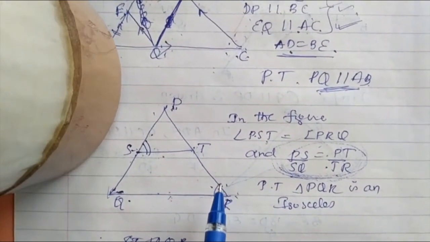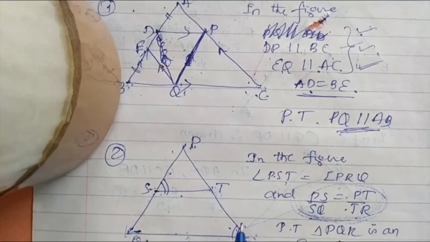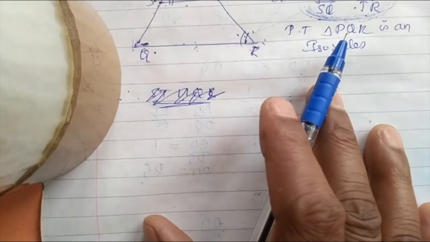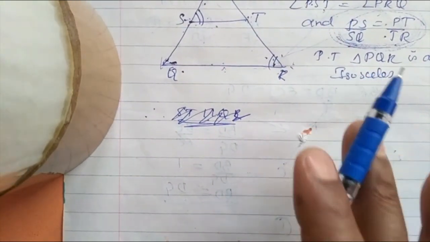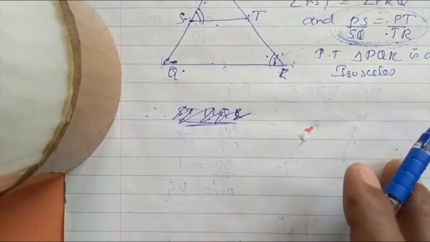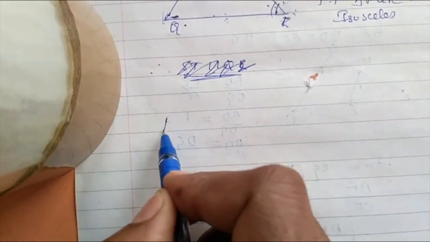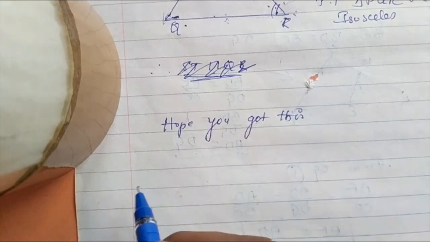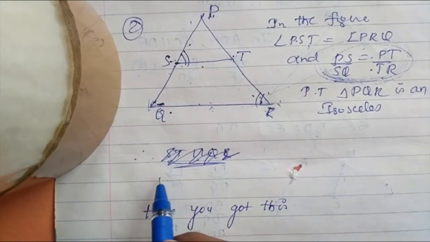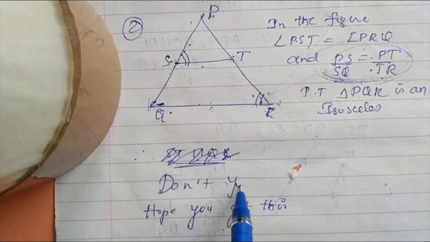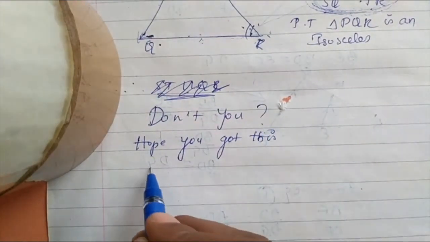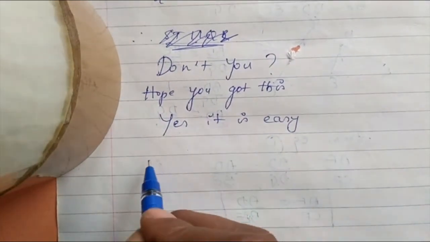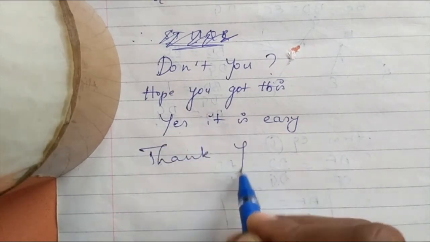It is also given in the textbook. Worked example, you can refer over there. Even you try this problem. Both are very useful to understand the concept of BPT, problems and BPT still more. Hope you got this. This homework problem to try at home. Yes, it is easy. Thank you.